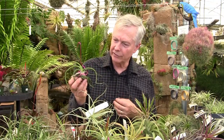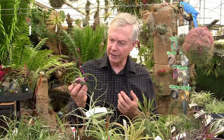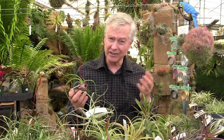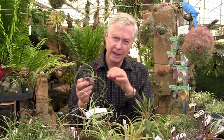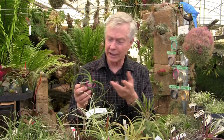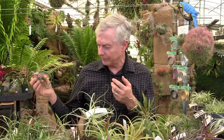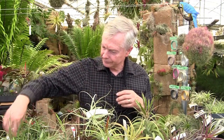These are small seedlings, I don't know, 5 or 6 years old, but these can grow to be up to 60 centimeters. I mean, they can get to be really, really large. It's a wonderful plant, and Bulbosa turns a bright red in the upper part of the plant when it blooms, and it gets the purple flowers. So this is a great plant. And then we have Intermedia, which is this one